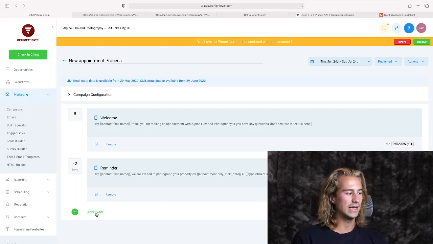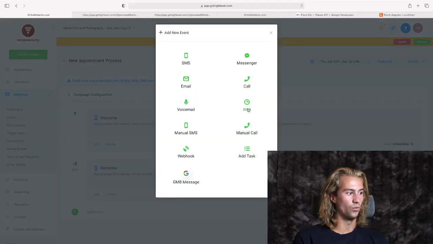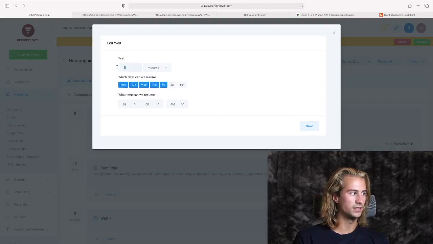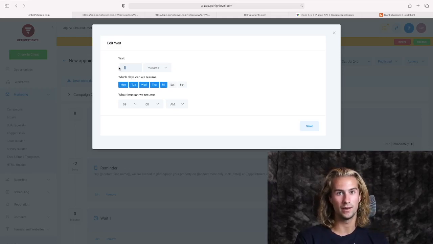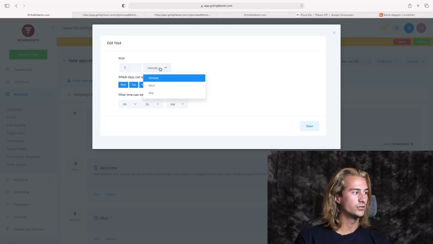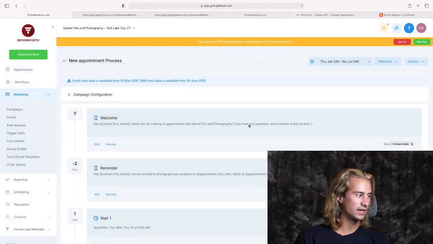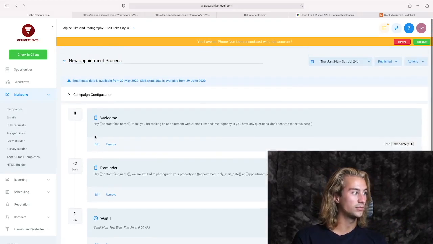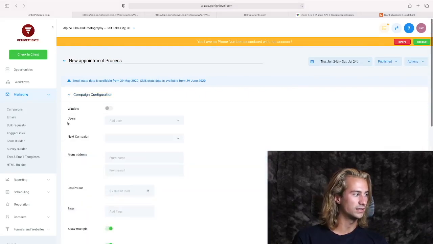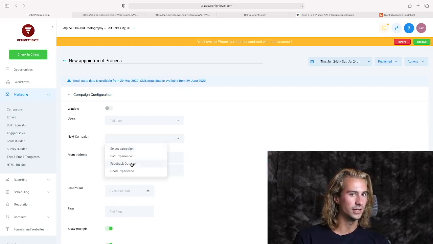So what you want to do is add an event called wait, and we're going to set this to be maybe a day after the appointment happens, or maybe you could do it to be a couple hours after the appointment happens, whatever you feel is best. So I'm going to choose just 1 day actually, and we'll save that. So what this is going to do is wait 1 day after the appointment has happened, and then it's going to send them to a new campaign, which we can set up right here in the campaign configuration where it says next campaign. And we're just going to send them right to that feedback outreach campaign, which we just built,